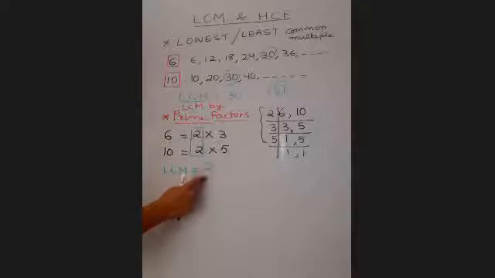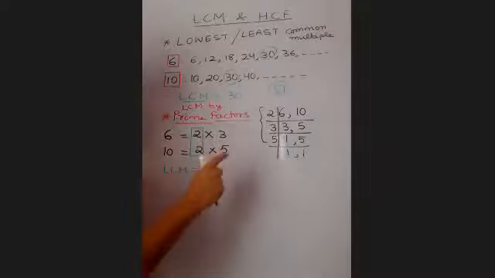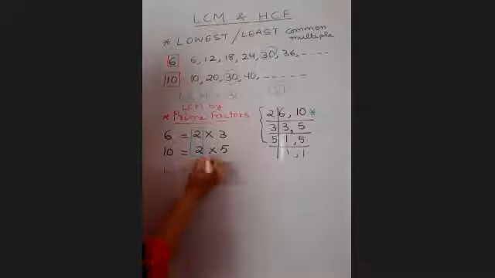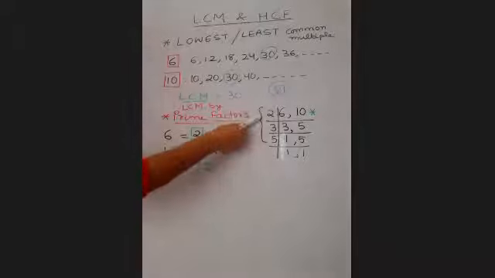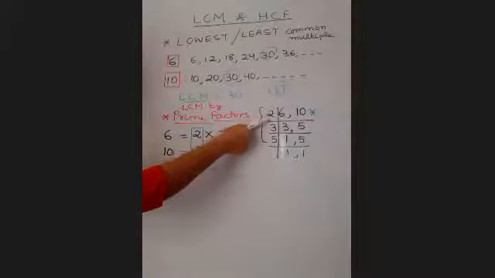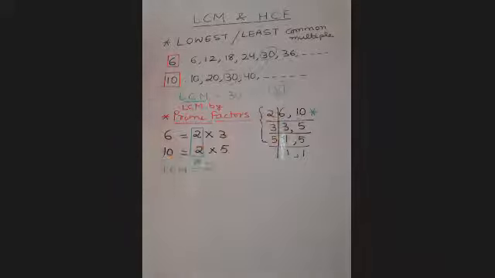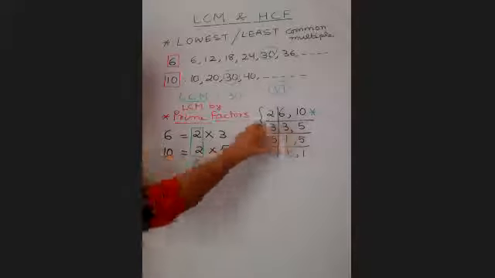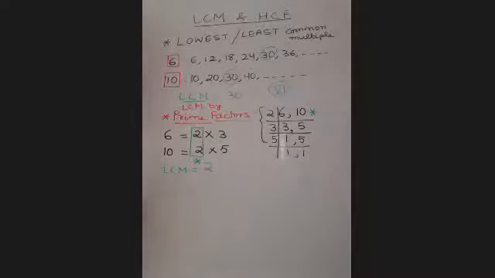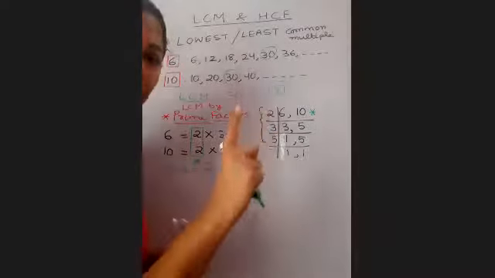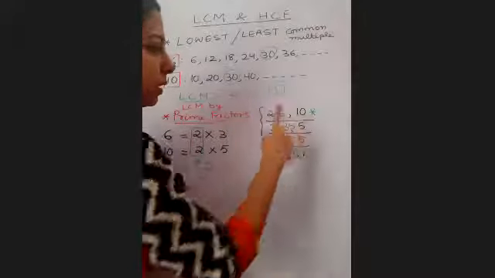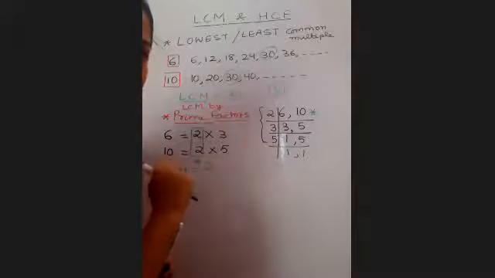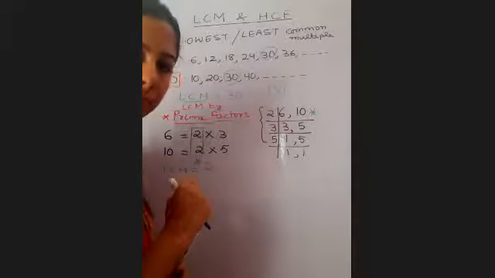This common number will be taken only one time. Why? I'm giving you an example from here. Focus here. When we are dividing by 2, in one step only 2 is dividing both 6 and 10. In a single step only 2 is dividing both 6 and 10, beta. Yes? So 2 तो एक ही बार count हुआ ना बेटा. 2 has divided both in the single step, but 2 is being counted once only. Are you with me? Yes, ma'am. Getting my point?